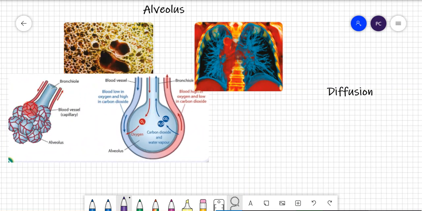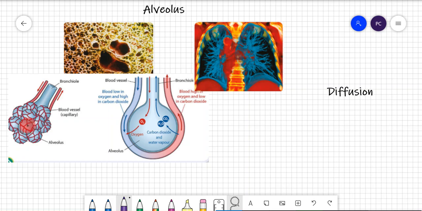So this is what they look like on the outside. They're tiny. So we see here we have what's known as the bronchiole. This is just like a tube that carries the air down into these sacs. And each of these little air sacs are what are known as alveolus. So this is the point where, for example, the air that has been transported into the lungs through the nose, down into the trachea and into the lungs, now transfers from the lungs